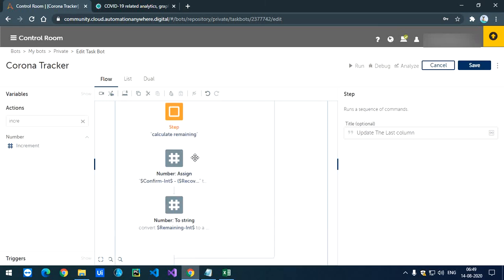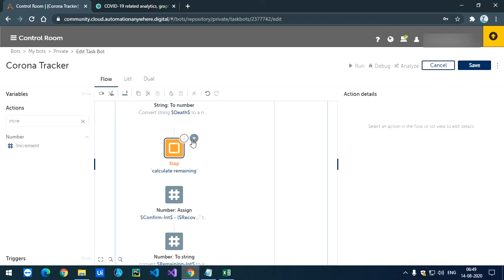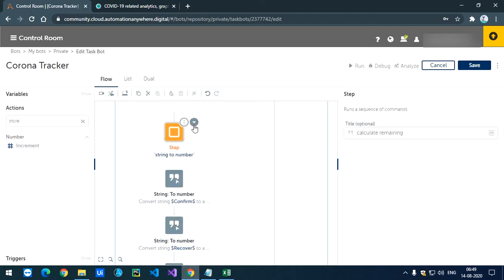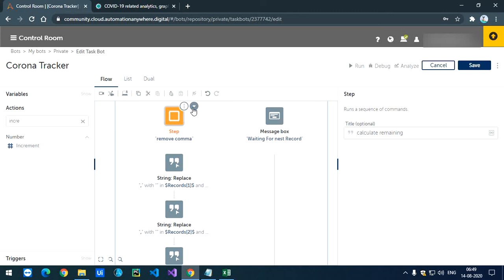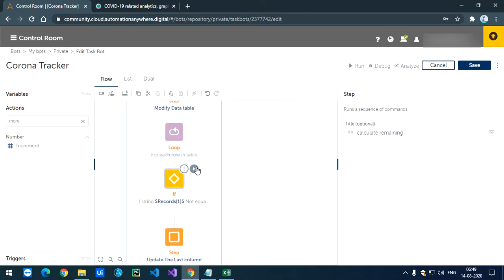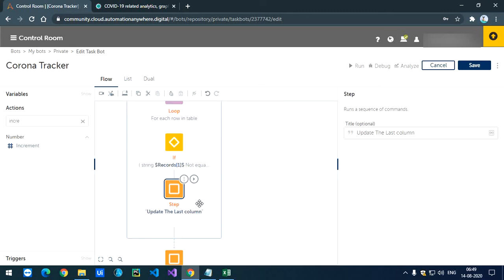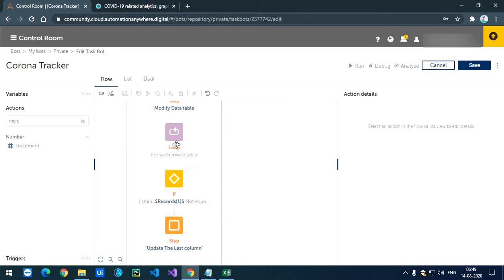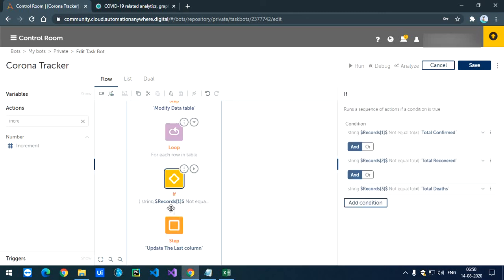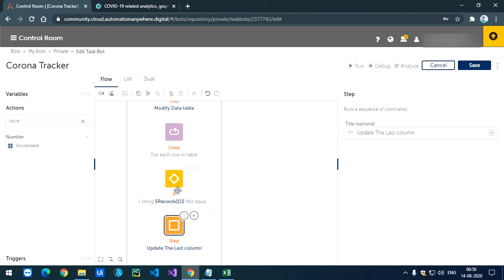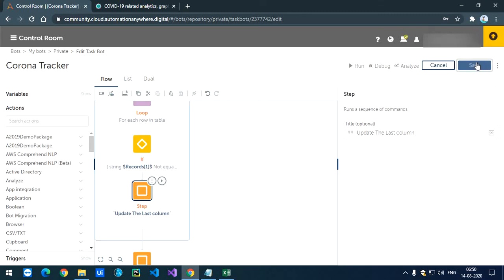Let me just show you the loop again. Then here, yeah, this is the loop. First it will check. Okay, now it's perfect. This is where it needs to be, inside this loop, both of these activities. Now let me just save this again.